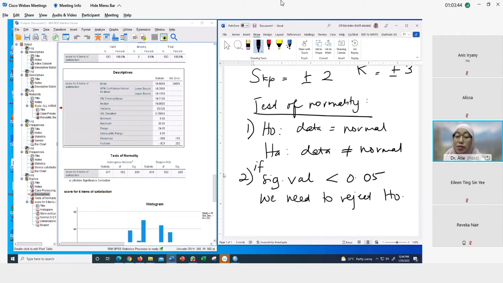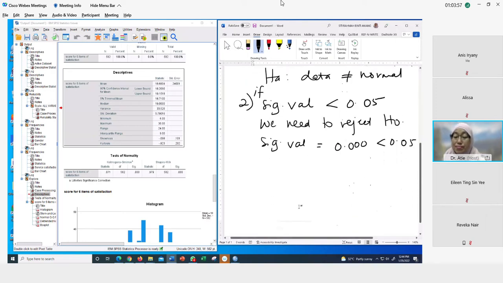Now our sig value is equal to 0.00, which is less than 0.05. So we can conclude that we reject H naught,